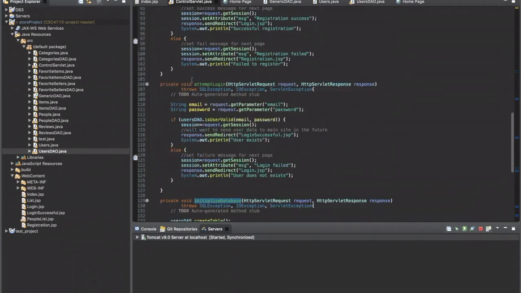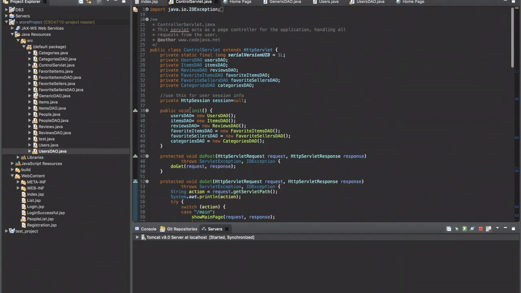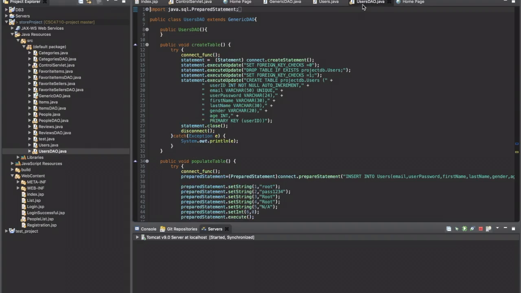Here you can see, let me talk about the users DAO. We have the users DAO createTable and users DAO populateTable. At the beginning of the program, we create the users DAO object based on the users DAO Java file. So in the users DAO,